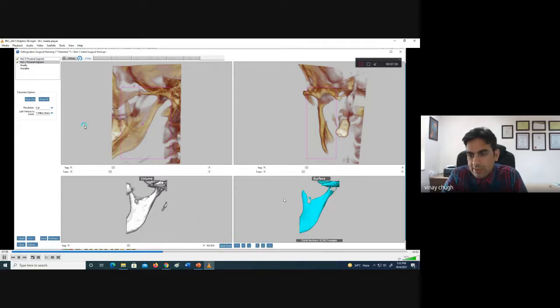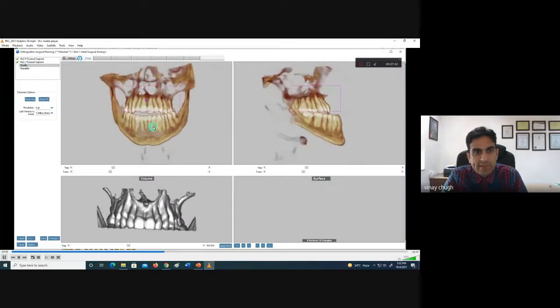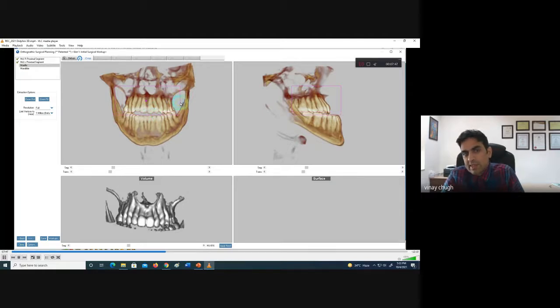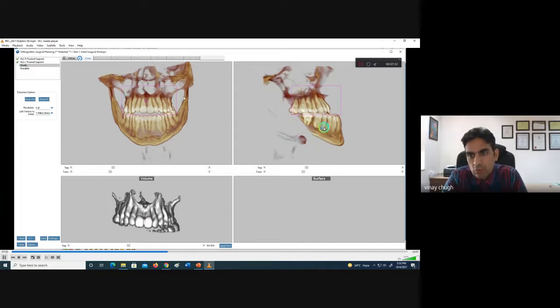Now the left segment is selected, then you select the maxilla from this 3D image, both sides, right and left. In the newer versions of the software, you can rotate all around the maxilla. You have to take two sections, right and frontal, and then the volumetric image is constructed, and you can see what sections are coming in this section.